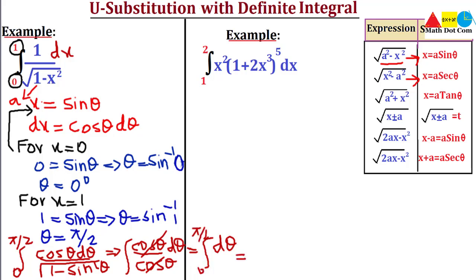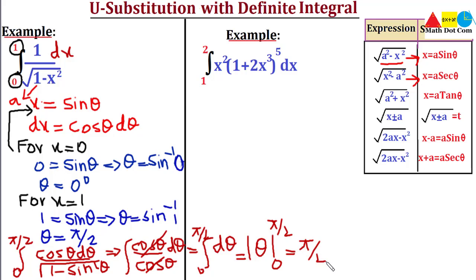As we have 1 here, and the integral of 1 is the integration with respect to x, then we have x. As in this case we have the integration with respect to theta, we have to write theta. So we will have theta here, and the limits are 0 to pi by 2, and the answer will be pi by 2, as pi by 2 minus 0 is pi by 2.